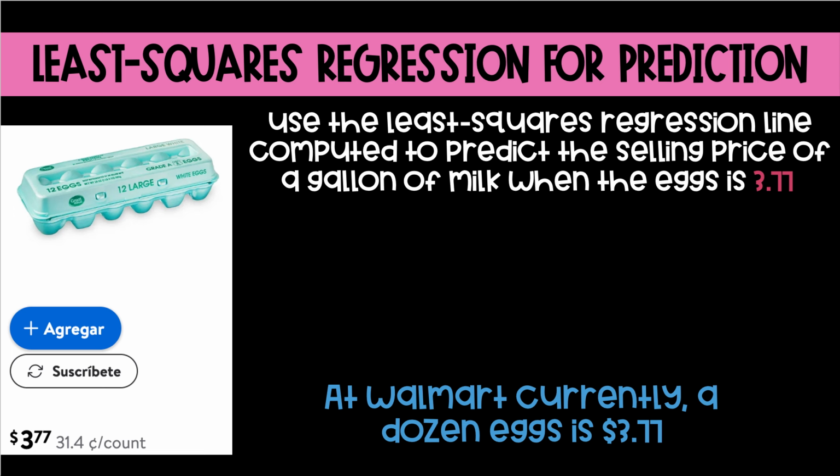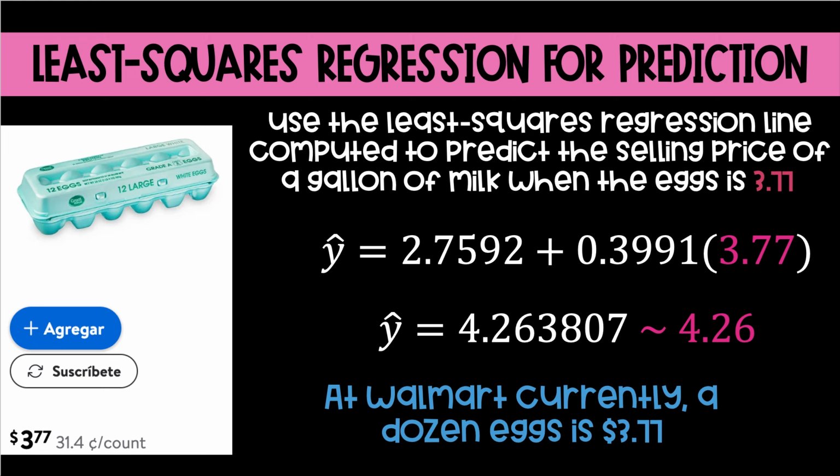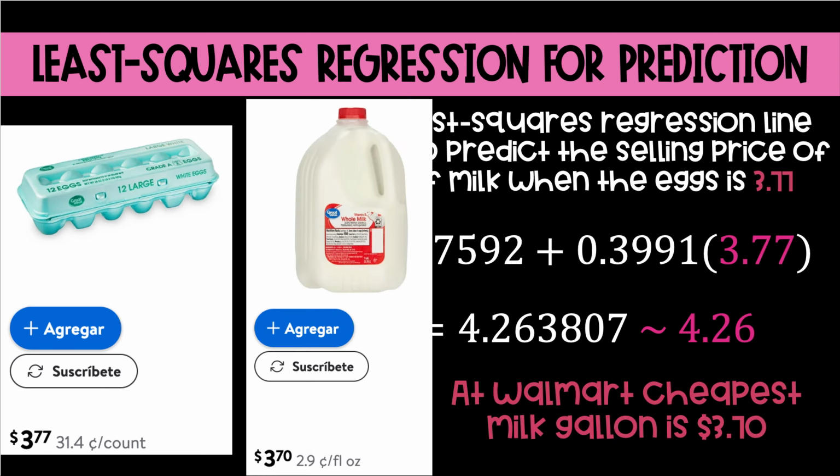Then I'm going to substitute that 3.77 in my X value. And according to my least squares regression line, the price of a gallon of milk should be 4.26. At that time, I checked it and it wasn't 4.26. It was actually cheaper. It was 3.70. So it's just an estimate. Remember, correlation is not the same as causation. And we always have to take into consideration our data range,